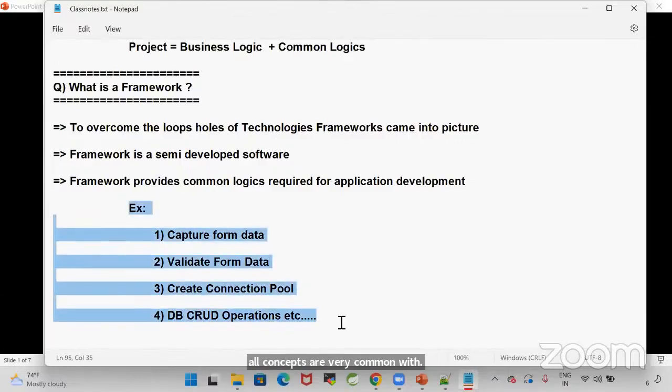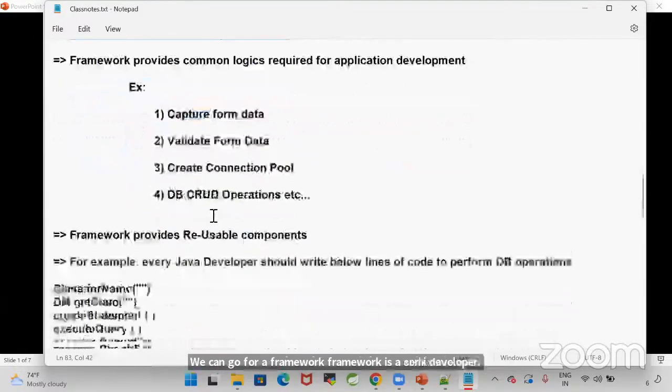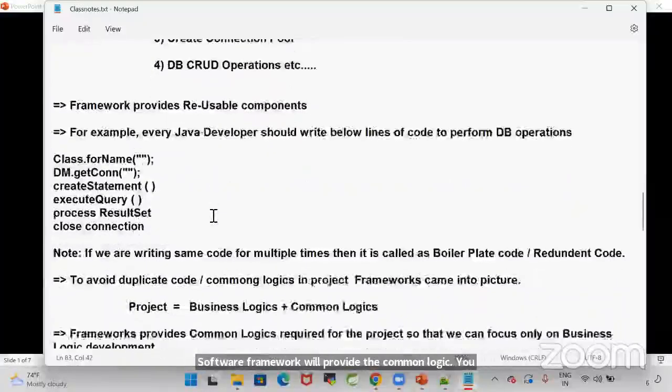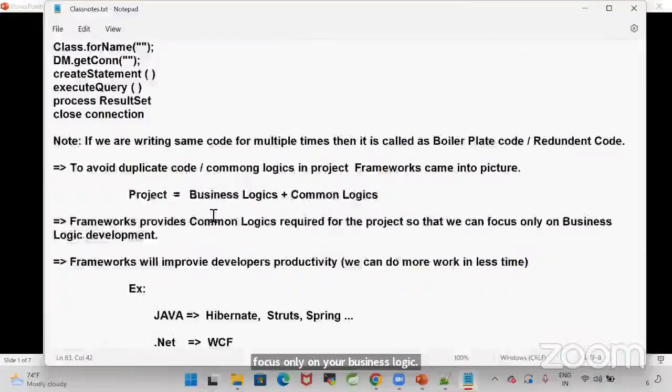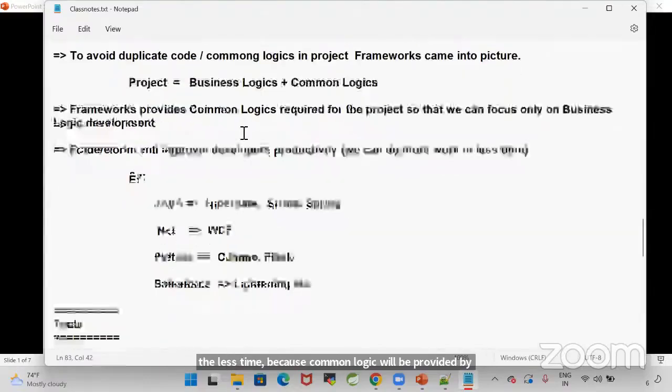Instead of developing all these requirements in every project, we can go for a framework. A framework will provide the common logic. You focus only on your business logic. So if you go for a framework, project development becomes easy and we can do more work in less time, because the common logic is provided by the framework. You need to focus only on the business logic.